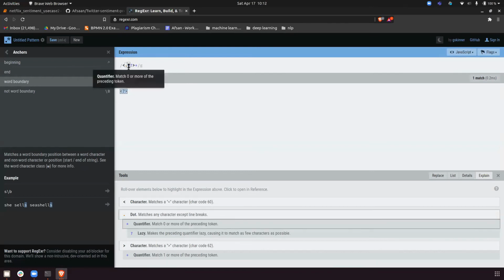Any character. What does star mean? 0 or more, so this character can be 0 or more. What does question mark mean? Question mark is zero or one of the previous character.